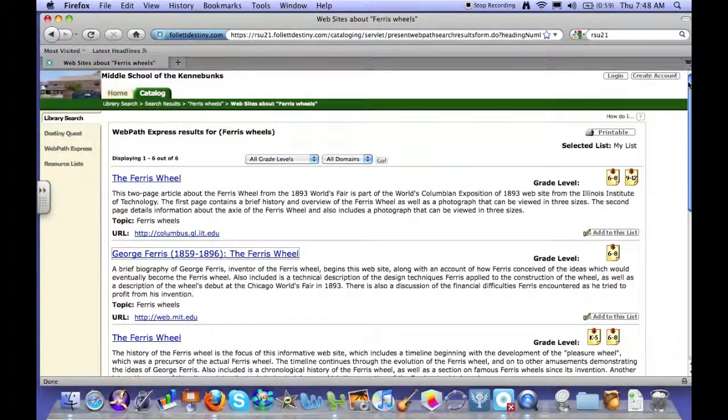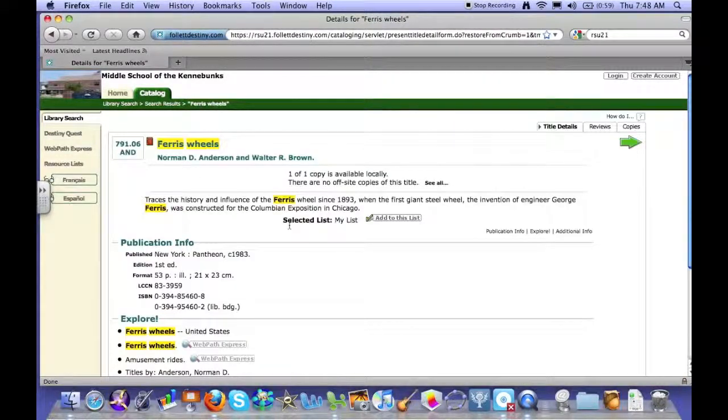And we're going to use our little breadcrumb trail up here. Remember we talked about this, Hansel and Gretel leaving breadcrumbs in the forest to find their way back. Well, we're going to do the same thing. We're going to go back to Ferris wheels. Okay. Now,